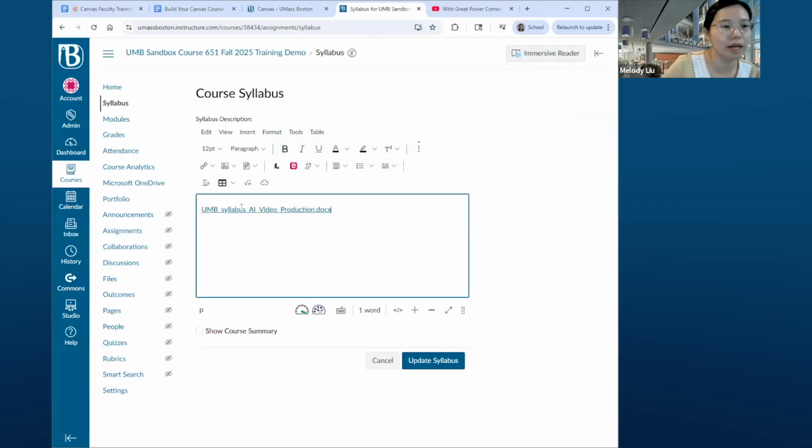So my syllabus will come in as a hyperlink. Students can click on this link to view my syllabus and they can download it. But I want to make it more convenient for my students. I want them to access the syllabus and read through it